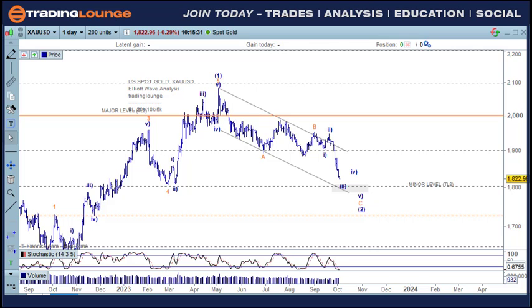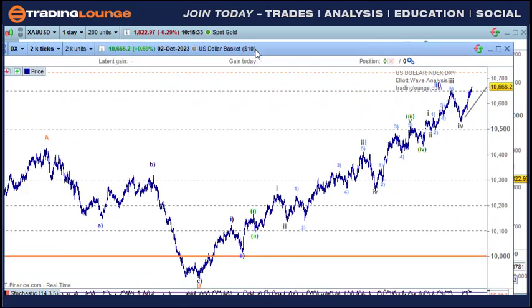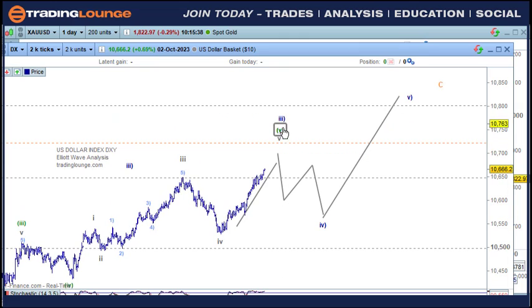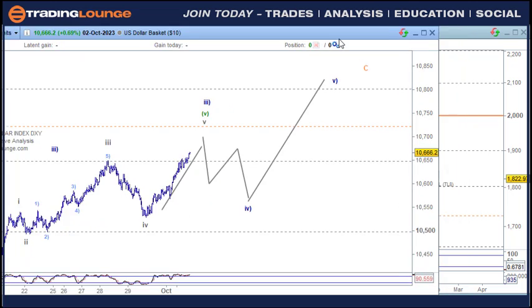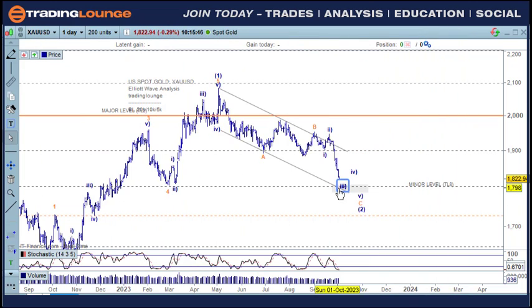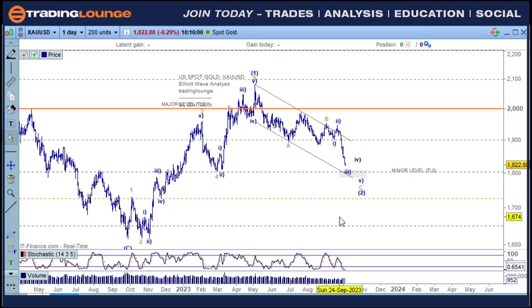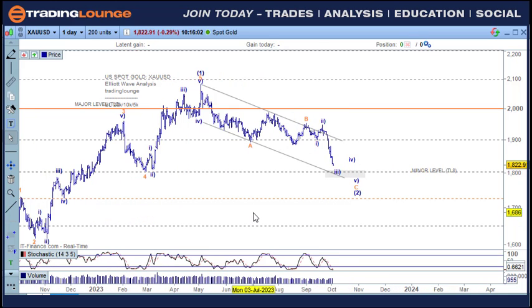And when we think about coming back to the US dollar here, we're coming into this third wave and fourth wave here, and then fifth wave, because they'll top out together, I'm quite sure. So this will be coming into the third, the fourth here, and the fifth here. So that's kind of what I'm thinking about. And sure, this could come down deeper into this orange line here and all that sort of stuff. But that's one way of looking at it.